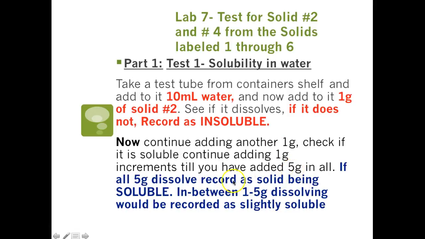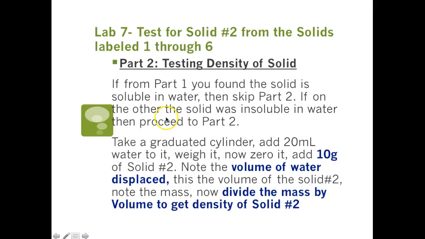Now, if all of that 5 grams dissolves, then of course the solid is soluble. But if some of it dissolves but the rest remains undissolved, then it's slightly soluble. That's what you'll record in your notes. Now, from part 1, if it is soluble, then you can just skip part 2, because